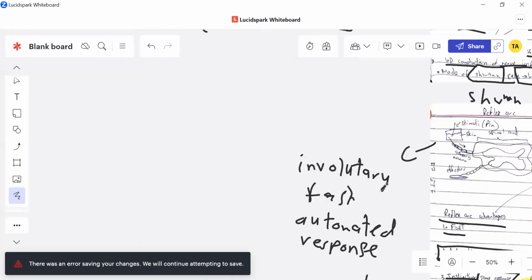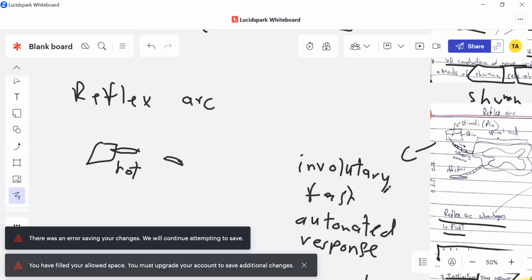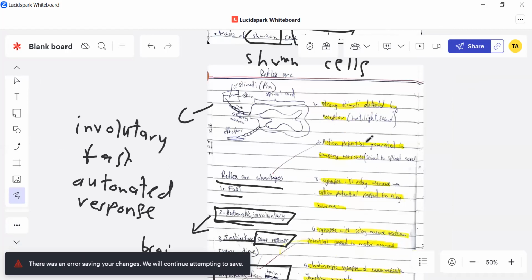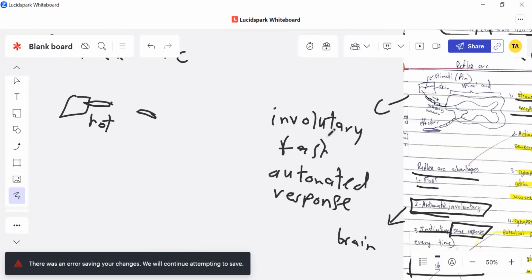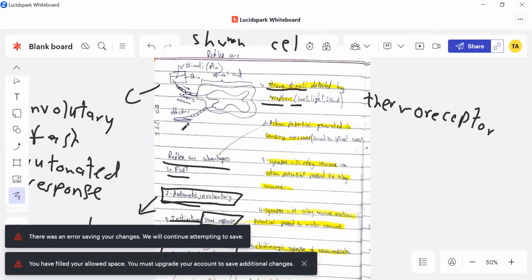An example of a reflex arc is when you touch something that is hot, you'll move your finger away instantly. This is called a reflex arc. And how does a reflex arc work? First of all, you'll detect a strong stimulus by the receptor. So in the case of touching a hot thing with your fingers, the receptors would be the thermoreceptors. The thermoreceptors detect the strong stimulus, a change in heat, and an action potential is generated in the sensory